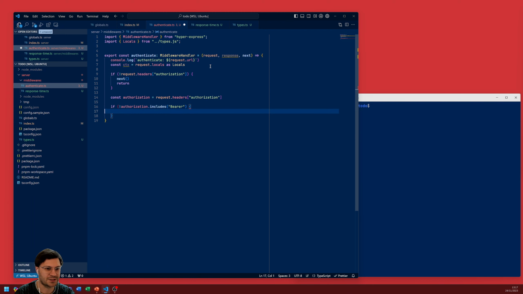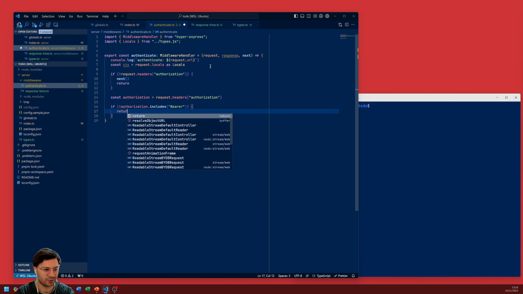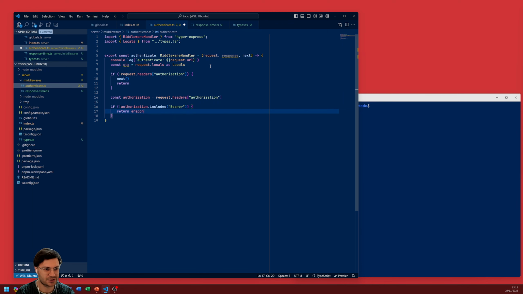There we go. So this is saying, so we're looking for a JWT token. Typically it starts with bearer and a space and then the actual token itself. And so first of all, we just want to check, does it have bearer at the start of the token? If not, we can return response.status 400, and we'll give it some JSON,